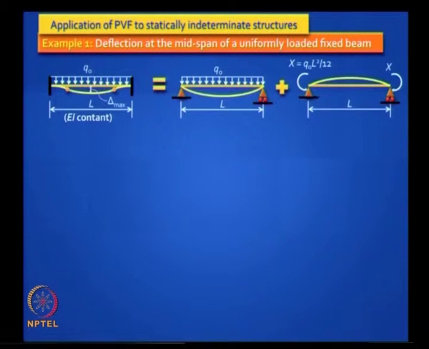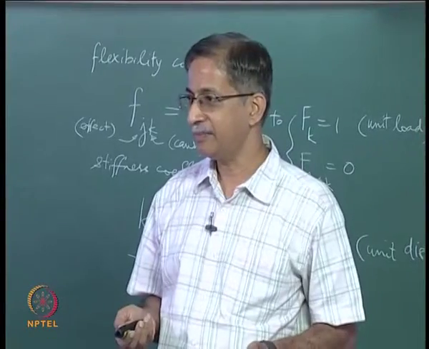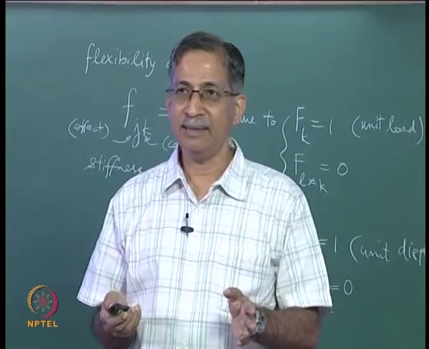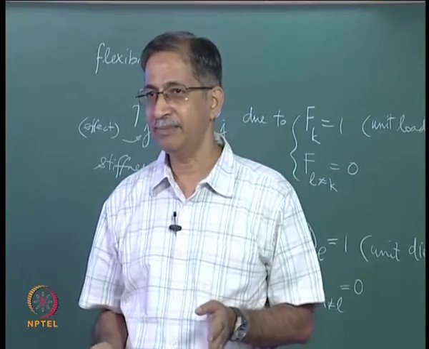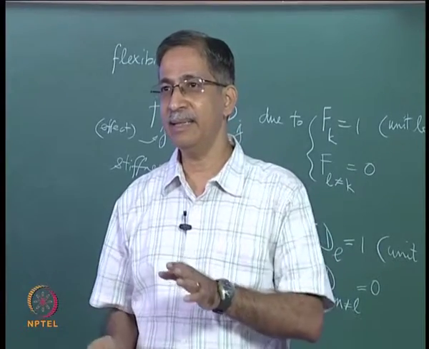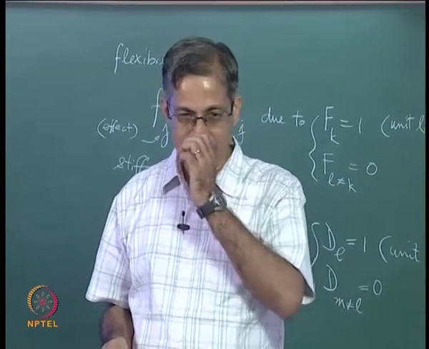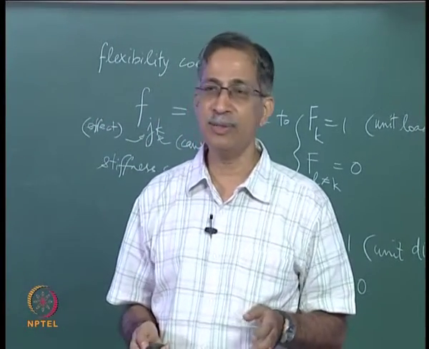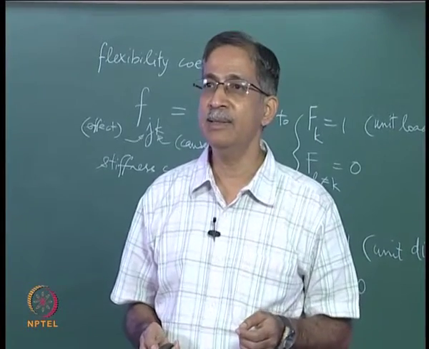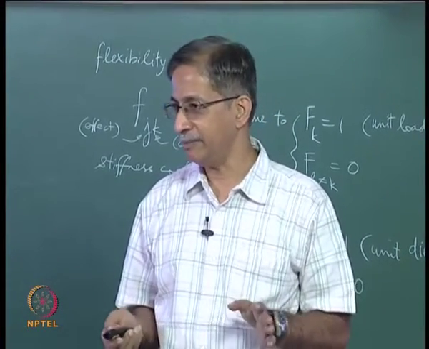So first of all, you need to have the curvature in this system. So you need to know the fixed end moment. You can use the conjugate beam method and find the fixed end moment. What is a fixed end moment? q0 L squared by 12, right. So I have separated out the distributed load effect and the fixed end moment effect, right. Now the M diagrams look like this. You have a parabolic sagging bending moment diagram, q0 L squared by 8, and superposed on that you have a constant hogging moment, which is q0 L squared by 12, right.